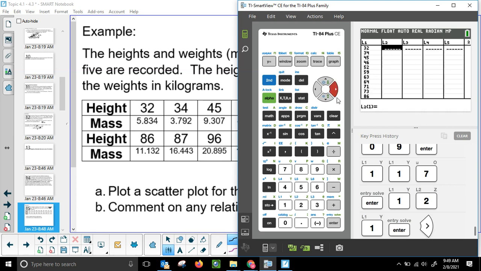Alright, so now I will put in the mass of these children in kilograms. So 5,